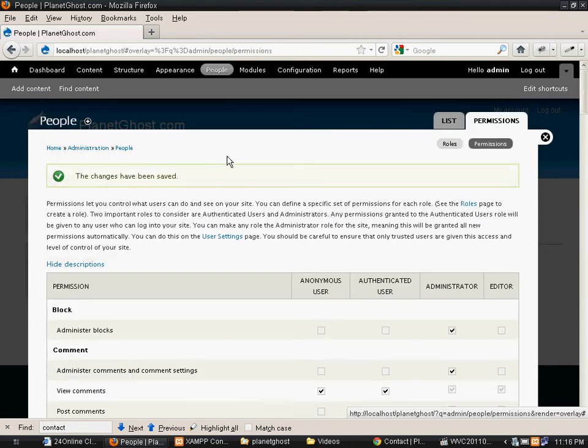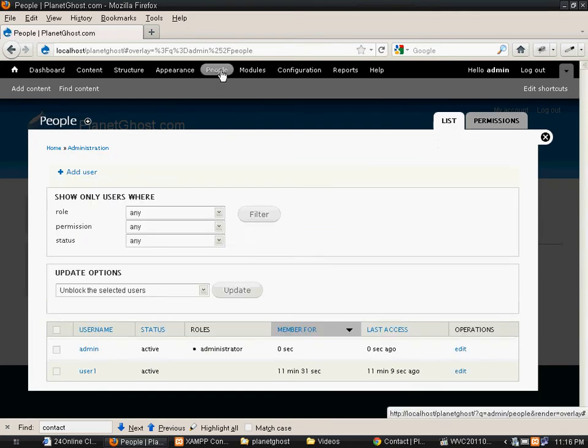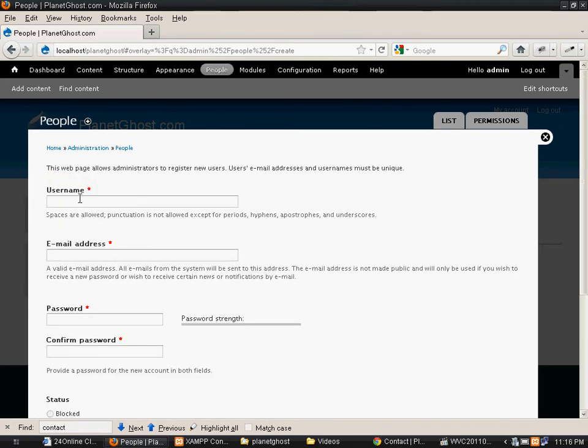Now we'll quickly add a new user by clicking on people. We have a link to add user. We'll name it user2.